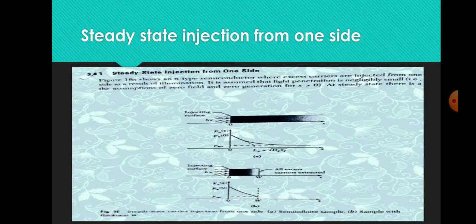The solution is Pn(x) equal to Pn0 plus (Pn(0) minus Pn0) e to the power minus x by Lp. The length Lp is equal to the square root of Dp τp and is called the diffusion length. The variation of the minority carrier density decays with the characteristic length Lp. If we change the second boundary condition so that all excess carriers at x equal to W are extracted, that is, Pn(W) is equal to Pn0, then we obtain